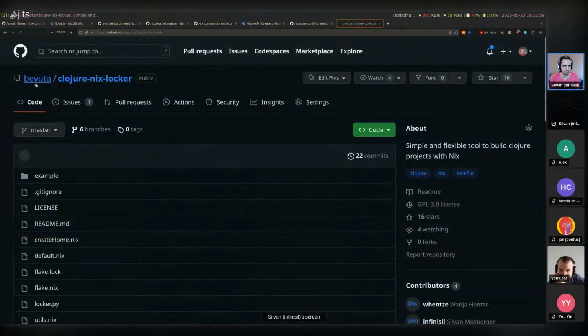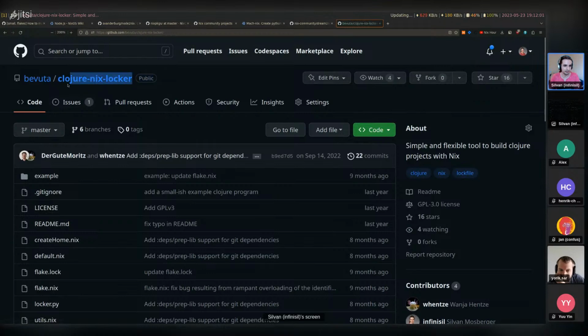I worked a bit for Bivuta and created this alternate way of locking or building Clojure projects in Nix. This was created when it turned out that another Clojure tool didn't quite work out, and we needed something different. And so yes, this is indeed used fairly frequently, if that was the question.